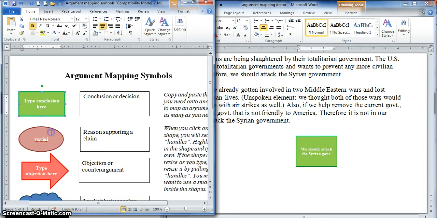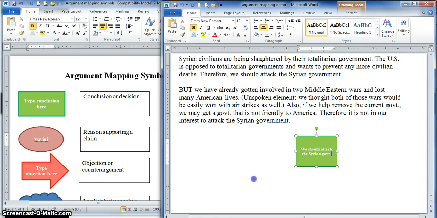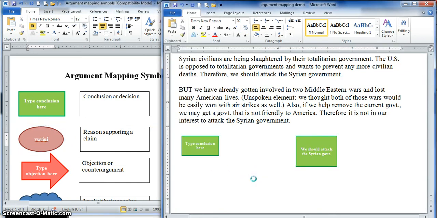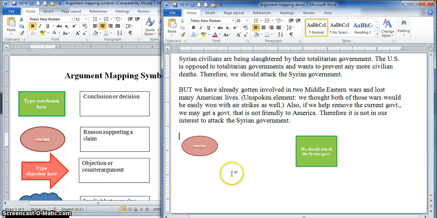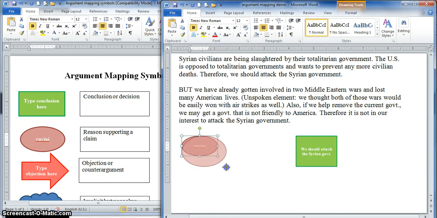Now I need to bring over my reason. Again, Control-C, bring it over. Whoops, I messed that one up. Try it again. Control-C, Control-V. All right, much better. Now, my one reason is